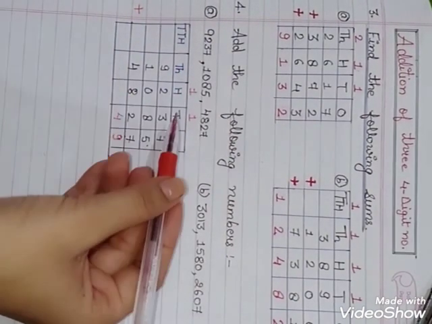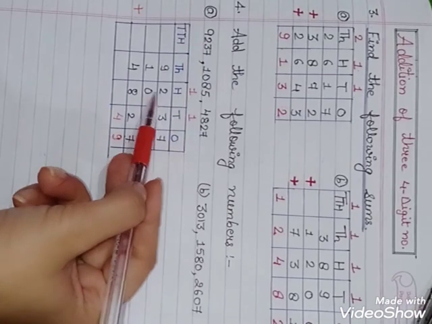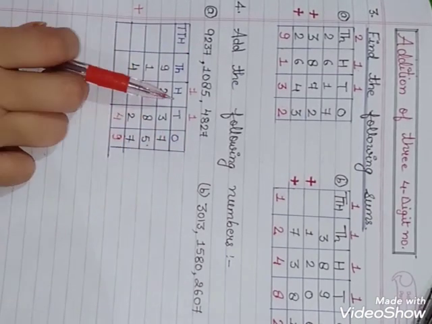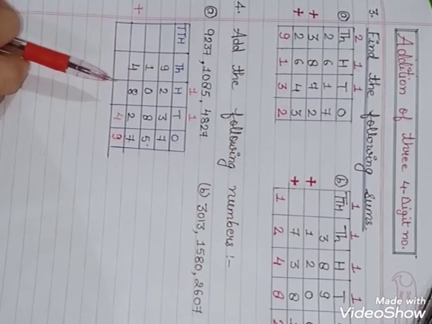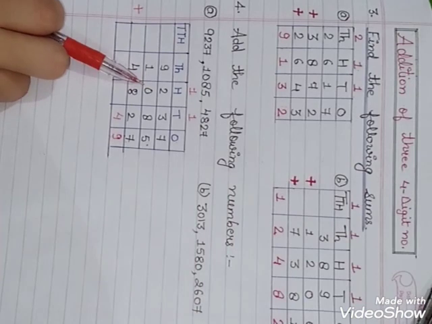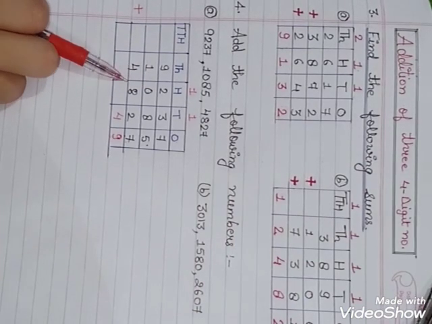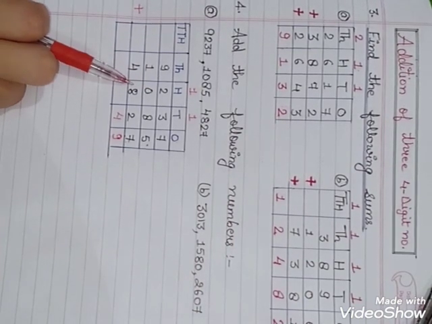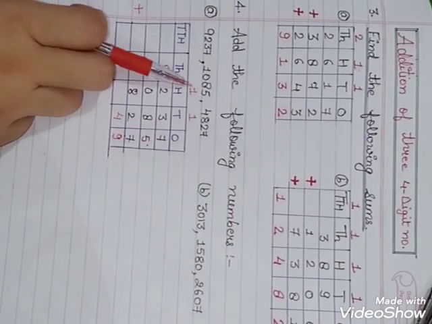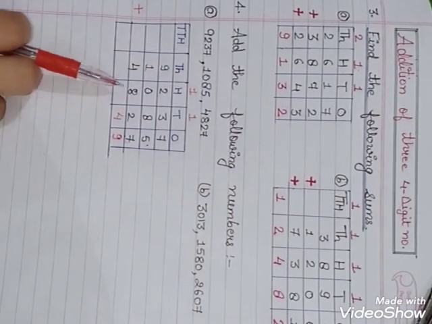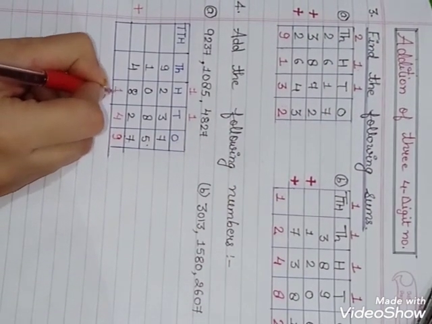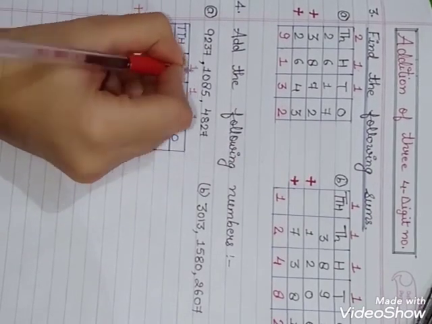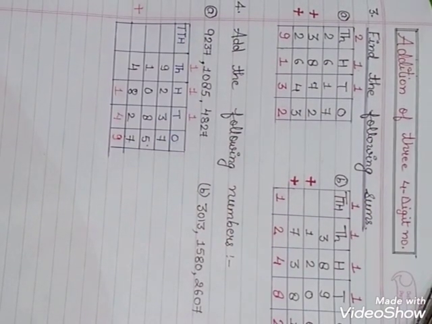Now again you have to add the hundreds place digits, that are 2, 0 and 8. If we add 2 plus 0, we get 2. And 2 plus 8, what we get? Yes, 10. But this carry is here also. So 10 plus 1, that is 11. So we write 1 here only and 1 as carry, because this is a 2-digit number and we have to write only 1 digit here. Never write 2 digits here.